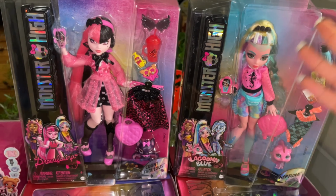Hopefully I will have shown footage of what I experienced in the store by now. But I will get Frankie when they come out with more stock. And then I'm also missing Cleo and Claudine. Honestly, if I had to pick 2 out of the 5 main core, these would be the 2 dolls. They're both pink. And I think these 2 are definitely some of my favorites. And then I think Cleo, I would have really liked to see as well. But again, everything in due time. I'm just so happy that I have them here